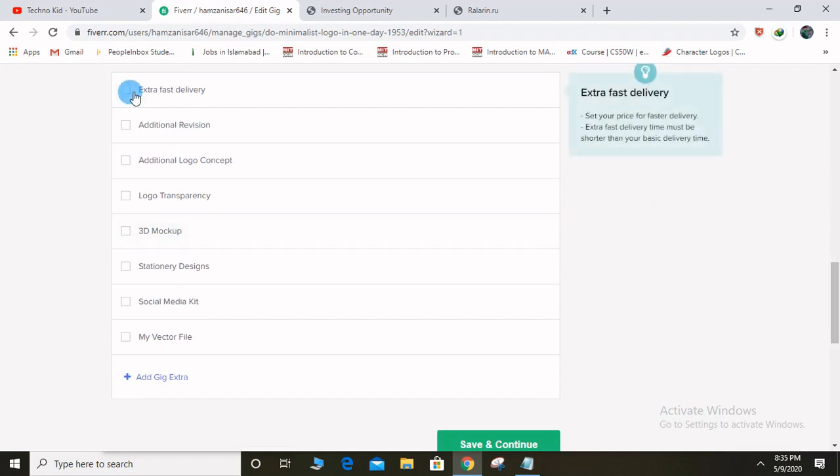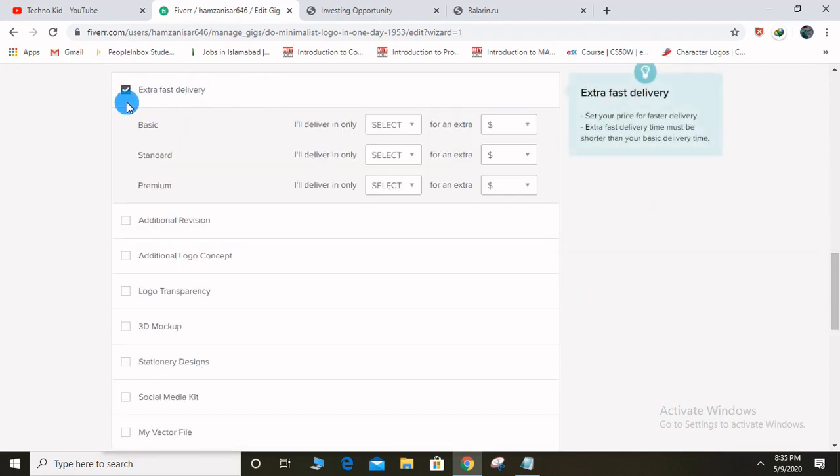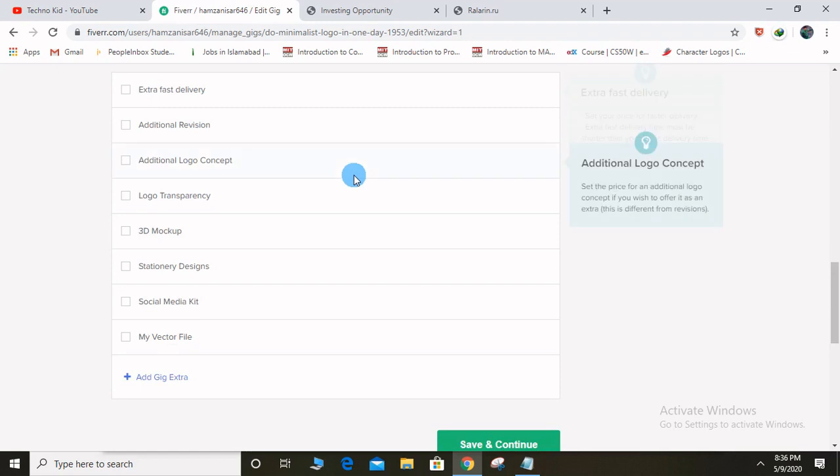Let's say if someone wants extra fast delivery, you can write that in one day I will deliver and give an extra charge for this much. But in this case I'm just delivering all these packages in a day, so there's no need of this. Similarly all the other things.